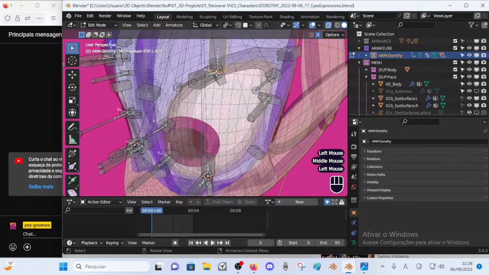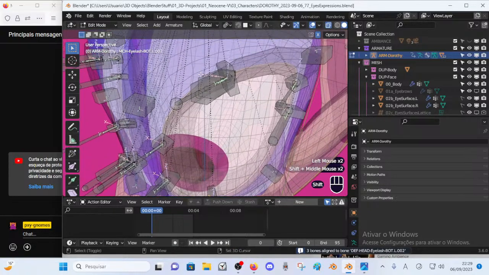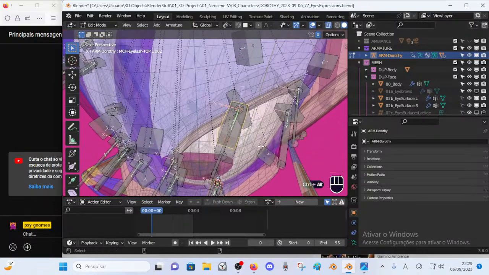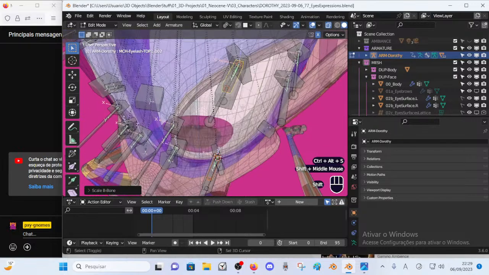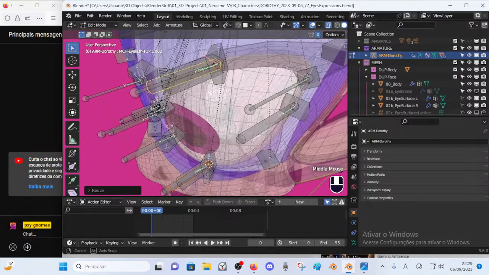Now we're just going to use the same orientation here, and the same orientation here, and we are also going to change the size of these bones. Let's make something like that. Then let's expand it something like that.